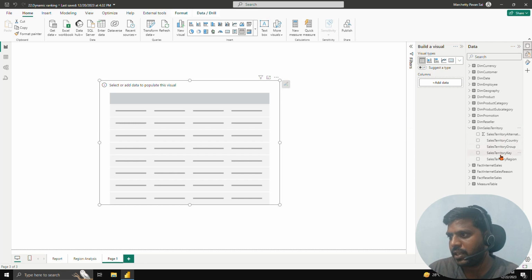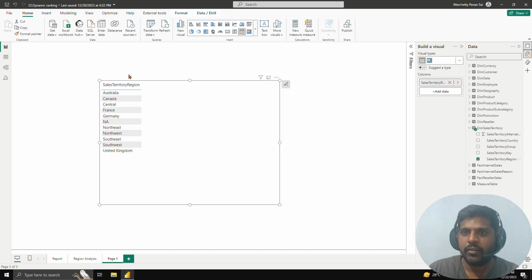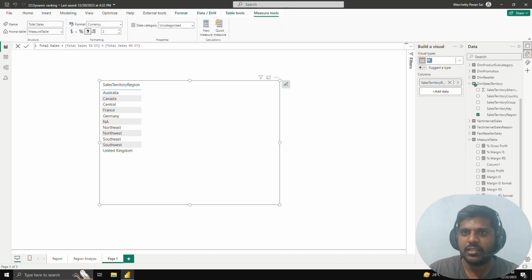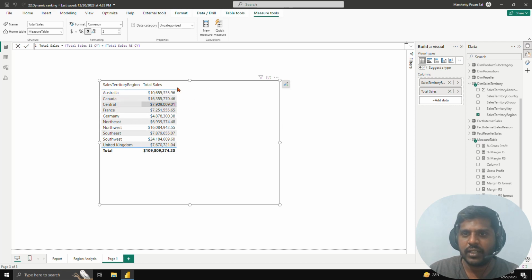As an example, I'll bring this sales territory region over here. Here we have several regions, and from the measure table we have a simple measure which is total sales. Here we have derived the total sales measure. I'll bring this total sales measure into this, or you could assume that it is sum of sales. And here we have this country, or you could say region wise, and as well as the sales with respect